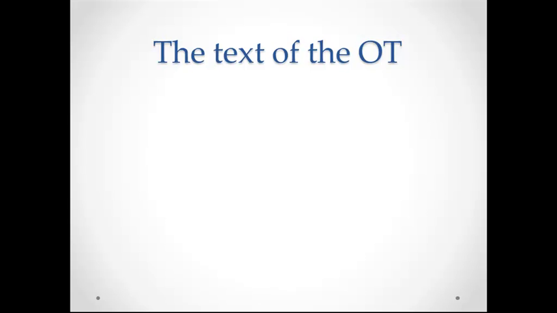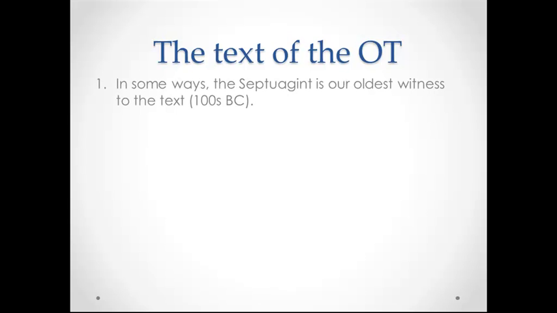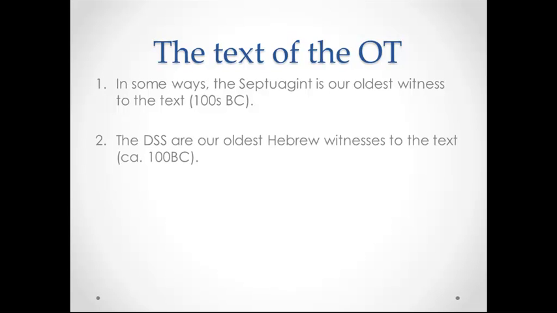One final word on the text of the Old Testament. In some ways, the Septuagint, the Greek Old Testament, is our oldest witness to the text of the Old Testament, although the Septuagint sometimes seems to have taken liberties with its translation, or been interesting in its translation. And so Christians used the Septuagint so extensively to argue for Christ that the Jews of the 2nd century A.D. retranslated it. The Dead Sea Scrolls are our oldest Hebrew witness to the text of the Old Testament,